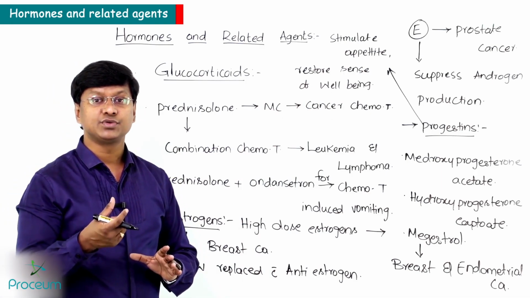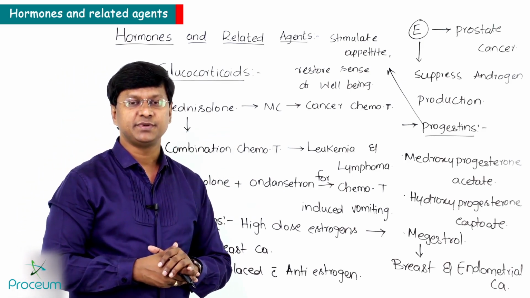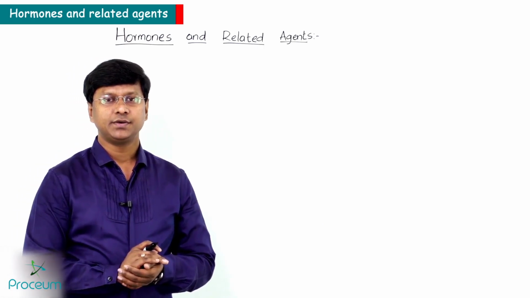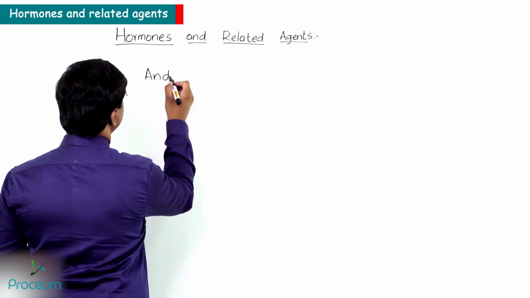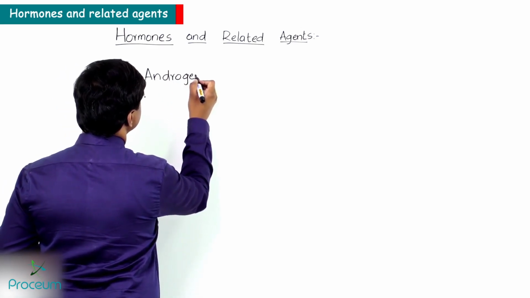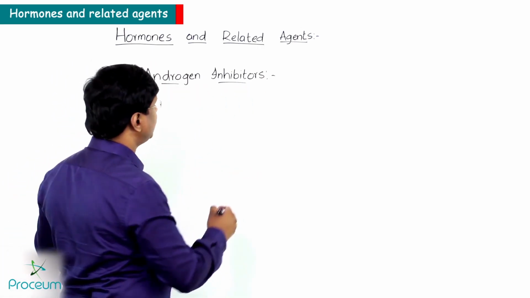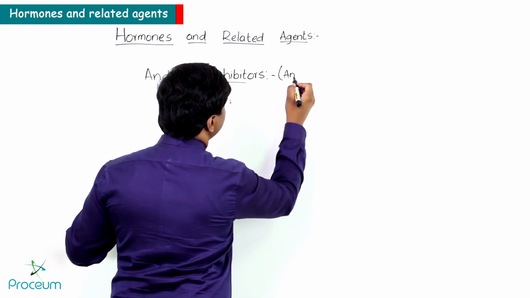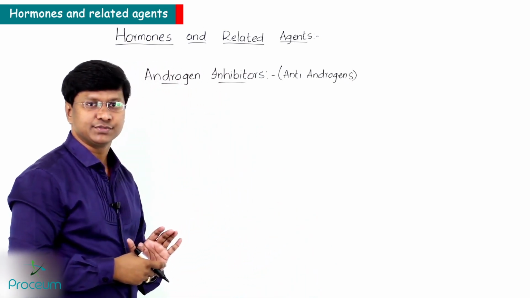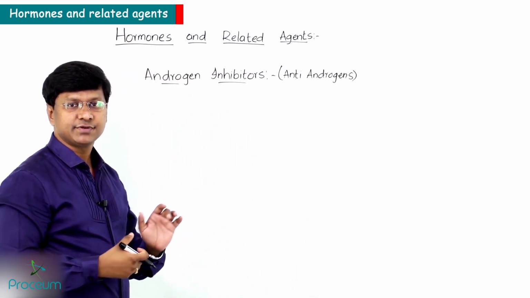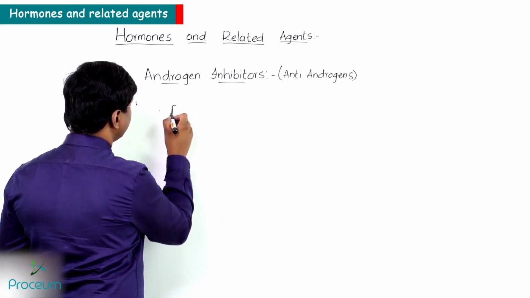Let me tell you, the androgen inhibitors are also hormones and related agents which are used in the treatment of malignancies. Now let me discuss the androgen inhibitors which are used as anti-neoplastic agents. These androgen inhibitors are nothing but anti-androgens. The examples of these anti-androgens or androgen inhibitors include number 1,